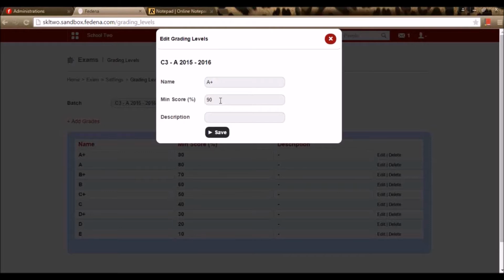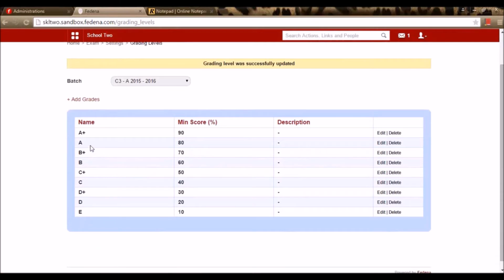So that means the students who score 90 and above will be given a grade, say A plus. If I want to give any appropriate description, I can provide it right here and I can go for the option save. Similarly, I have created a few more grades with the appropriate minimum score.